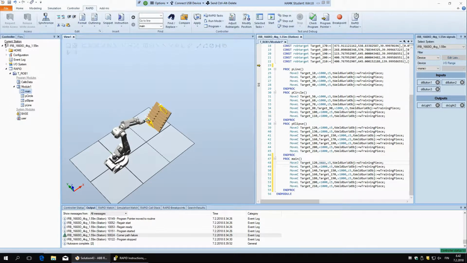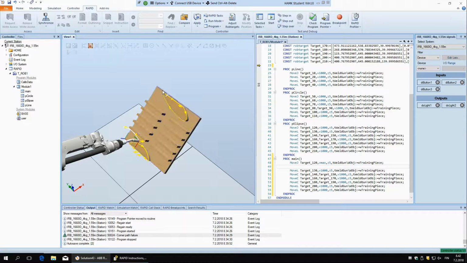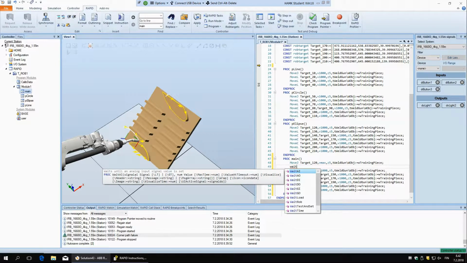So now we have this first command, and let's put a new command here so that the robot goes to the beginning of the ellipse, and then waits for us to press a button here, and it won't start until we press the button. How do we do that? We have a wait command, and now you can see it gives us the options. We have digital input, so we say wait digital input, so wait di,